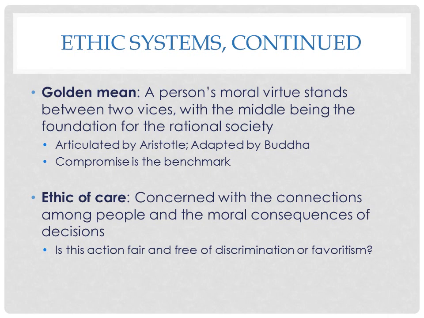Then we have the golden mean, which is that a person's moral virtue stands between two vices, with the middle being the foundation for a rational society. In other words, compromise is the benchmark. You have to give a little on both sides, you meet in the middle, and that is the right choice. It was initially articulated by Aristotle and adapted by Buddha, and the idea is that nobody wins, nobody loses, but